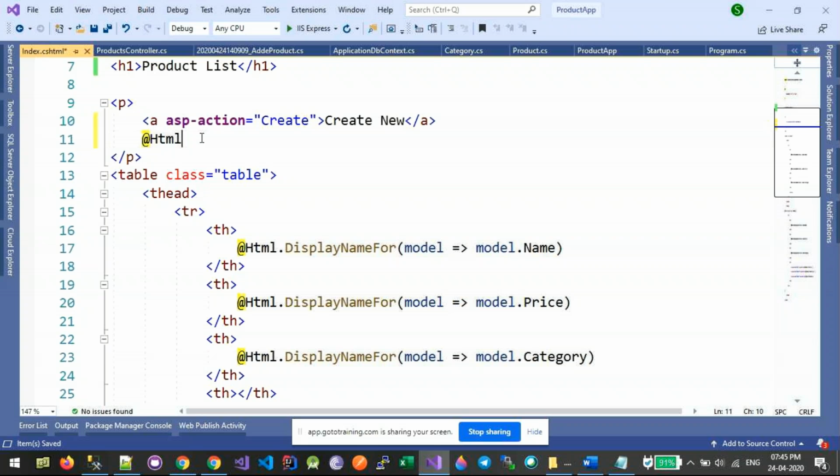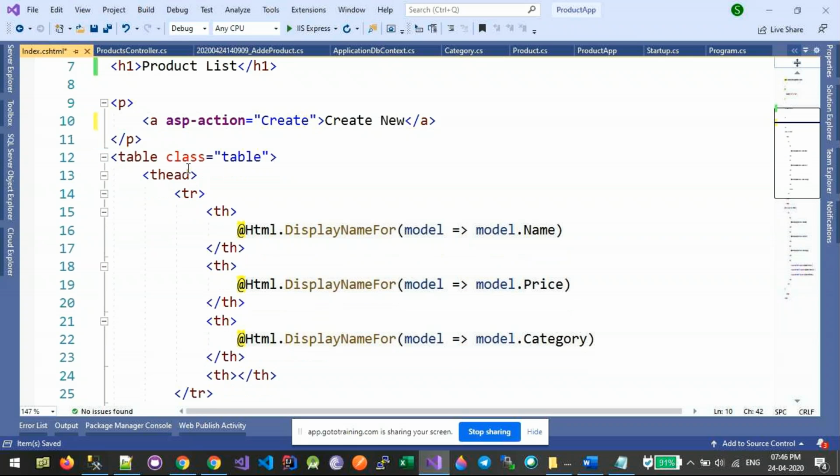But now, instead of that, they have added something known as tag helper. Let me write here tag helper. So tag helper is an attribute that you can add to an HTML element. So instead of juggling between writing the C# code and HTML code, you will use an attribute to add to the native HTML element itself. So this is going to act as a hyperlink, and when I click on this hyperlink, it is going to call this action method.